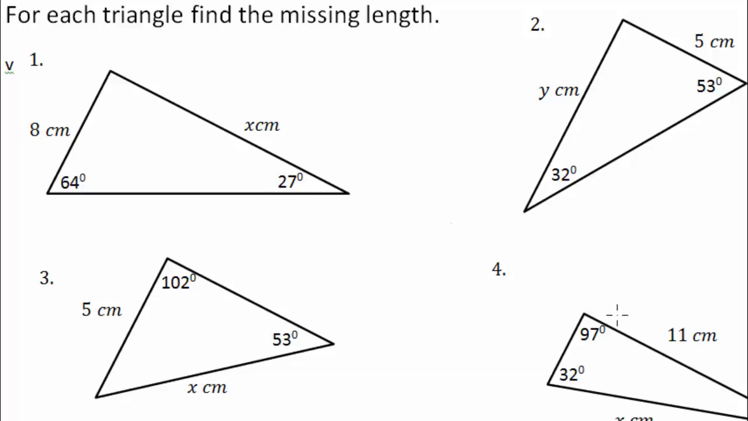Right, so this is pretty much what we're doing today. Now you've got two angles and you've got one side, and if you've got two angles and one side, you can calculate another side, and they're not right angle triangles. So what we've got is